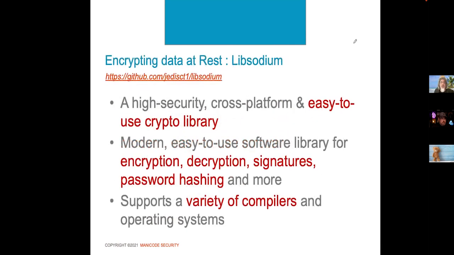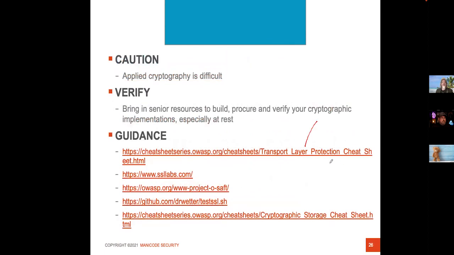In the C# world, a nice low-level library is libsodium, written by Dan Bernstein. You can use this as a low-level bunch of references, right? Transport layer cheat sheet, cryptographic storage links to more advanced discussions on key management. We also have configuration on the OWASP, the Orange Juice Configuration project, a TLS verification project. And here's testssl.sh. That's a fantastic tool to check how well your TLS is configured.